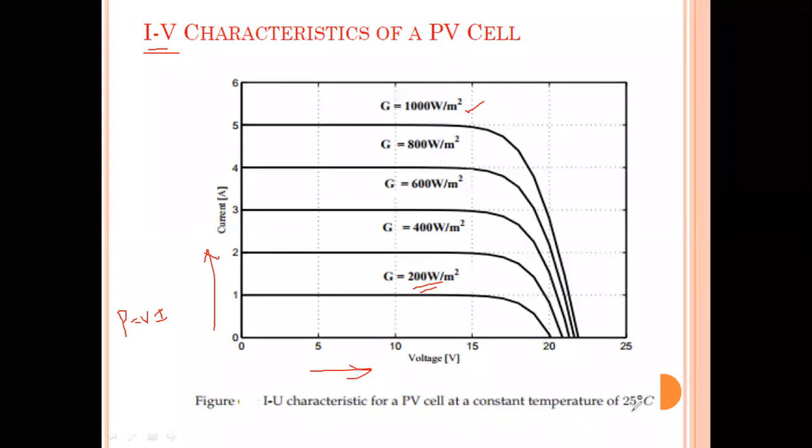This characteristic is taken at 25 degrees centigrade. Once the temperature level is increased, again there are losses. Now the solar radiation is only up to a certain limit for generating a huge amount of power. Beyond it, when the temperature crosses the limit, again there are losses, and we can't generate the maximum amount of power.